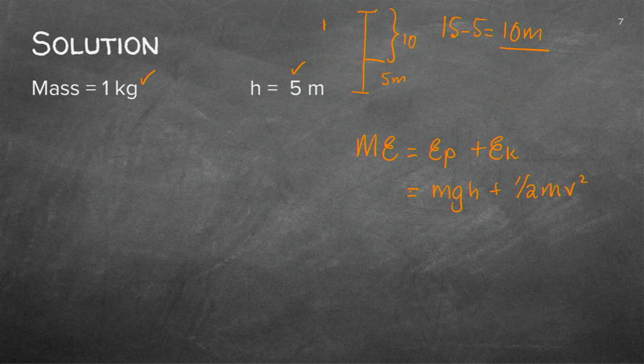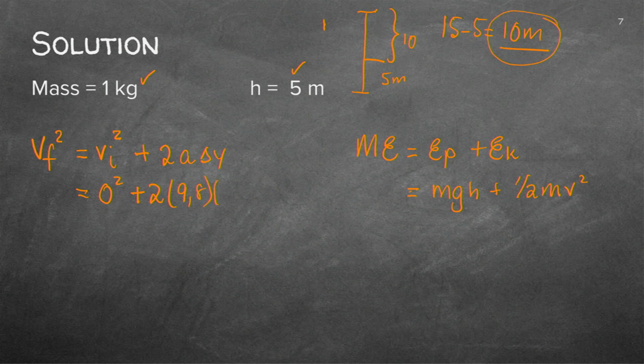Let's again calculate the final velocity, which I do not have. The equation is final velocity squared equals initial velocity squared plus 2 a delta h, and I've got all these values. It started at 0 at the top. It's accelerating with 9.8, and the height would be the 15 minus the 5, which is the 10. That's giving me an answer of 196. Again, remind yourself that you've got to get the square root. So the final velocity is 14 meters per second.